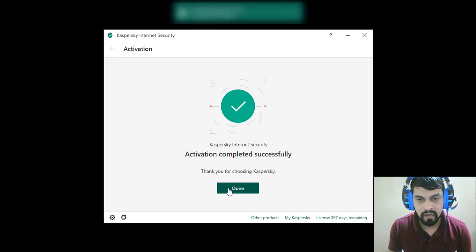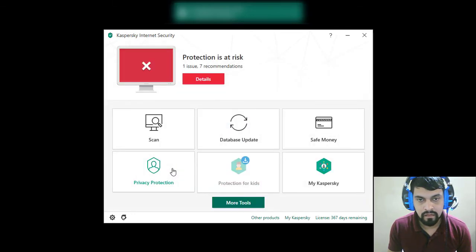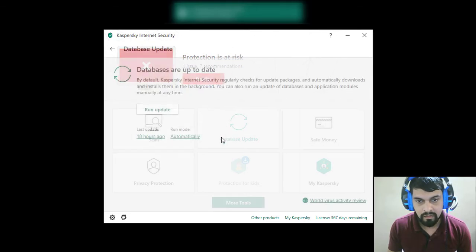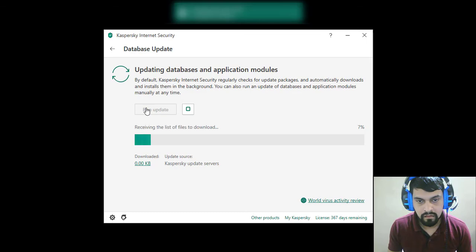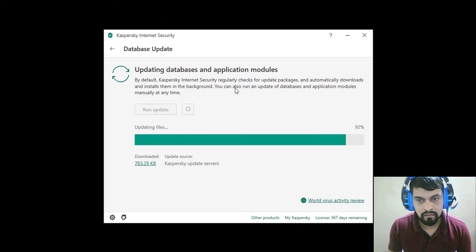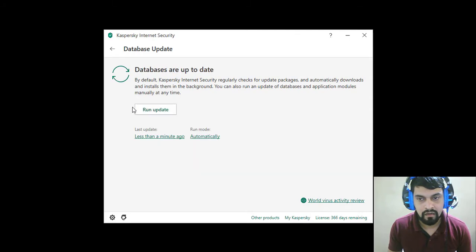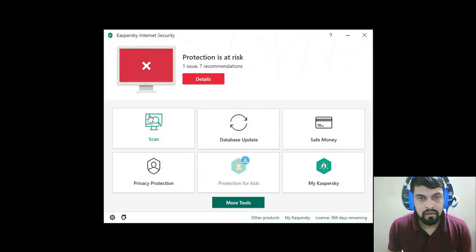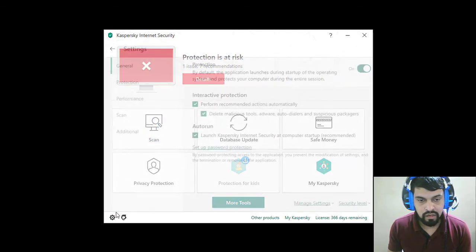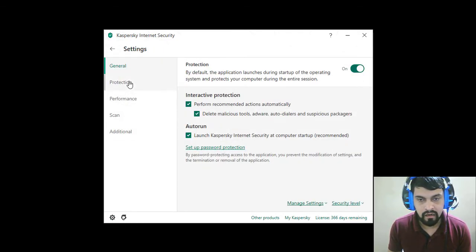Activation successfully completed. Okay, you can see guys now 367 days. Okay, so this is scan database update. So it's being updated now. So it's updated. So I just wanted to show you the option which I liked and I buy this Kaspersky